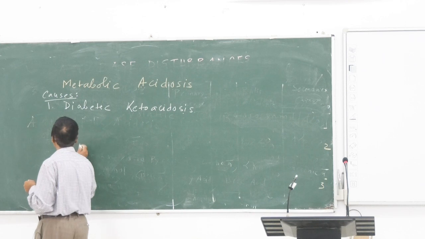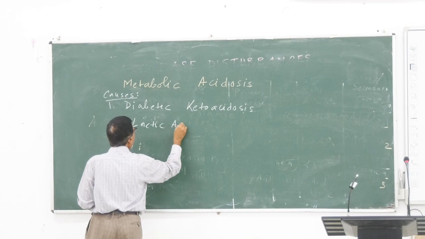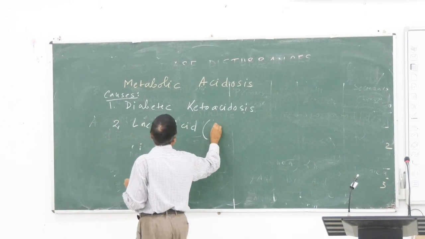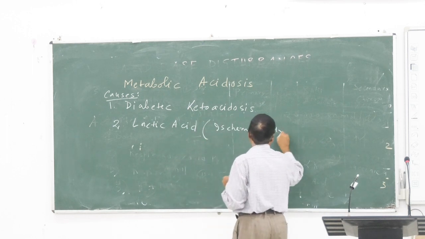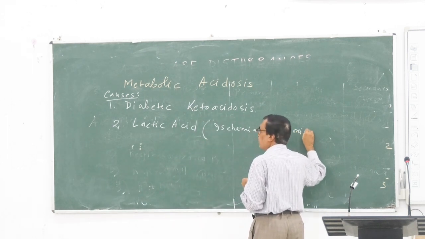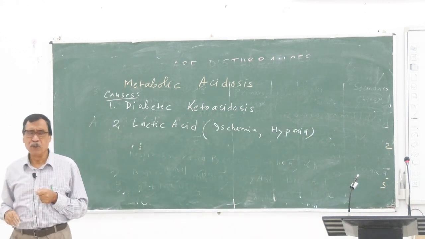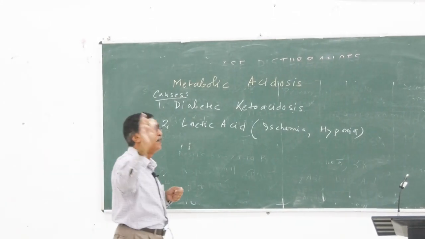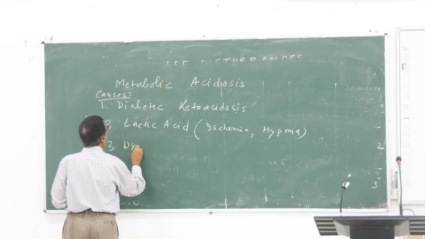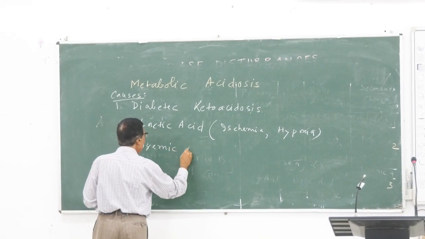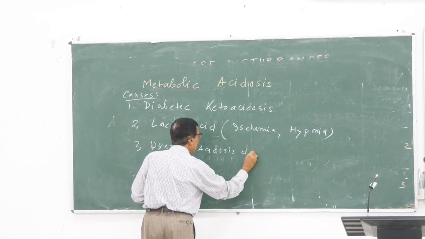Number 2, lactic acidosis. Lactic acidosis কখন হয়? যখন হাইপক্সিয়া হয়, ইসকেমিয়া, hypoxia. These are the causes of lactic acidosis. Lactic acidosis is very common. Other most common metabolic acidosis is diabetic ketoacidosis. Next is the uremic acidosis due to